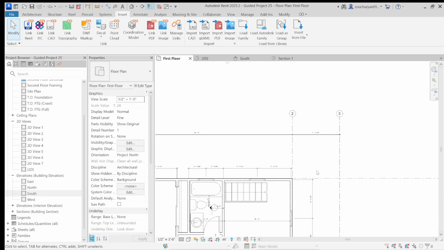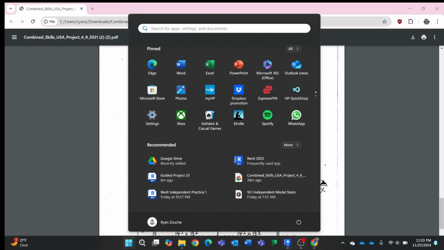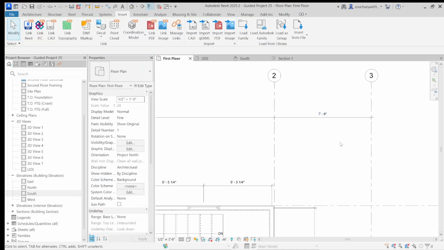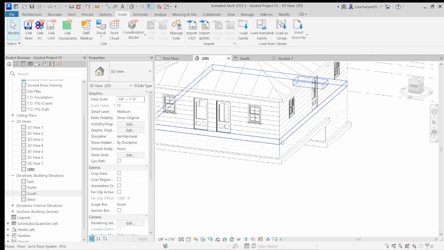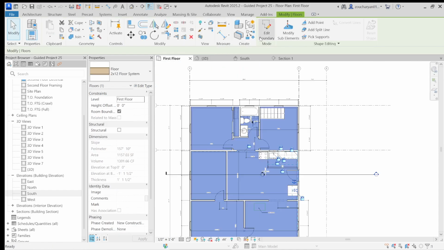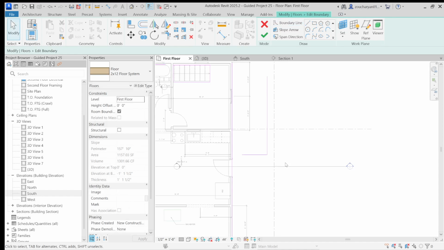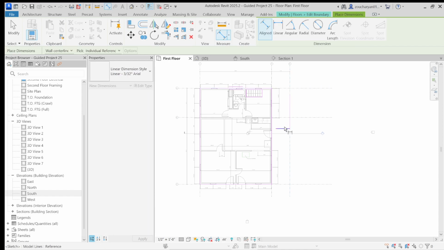Dimension. Check it, 7 foot 6. 7 foot 6. Lock that in place. That ain't going nowhere. Now, in our 3D view, select our floor system, first floor, edit boundary. Here's how we're going to do this. We're just going to draw a little L. Okay. We know that this side's going to be aligned to our grid, and I know that this side is going to be